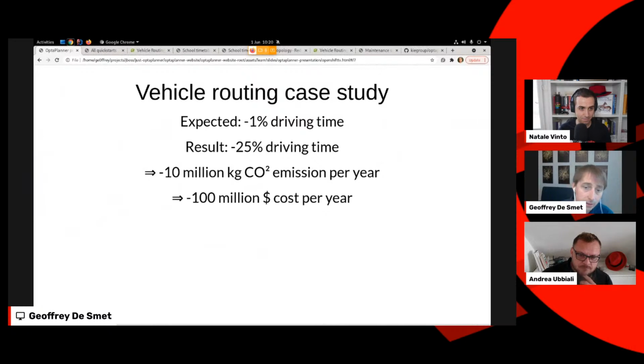But they really liked the fact that it also increased their operating efficiency by more than $100 million per year, simply because they were driving less around, so that the technicians could actually do more work and help customers instead of driving around more. And that makes a huge difference, of course, as you can imagine.